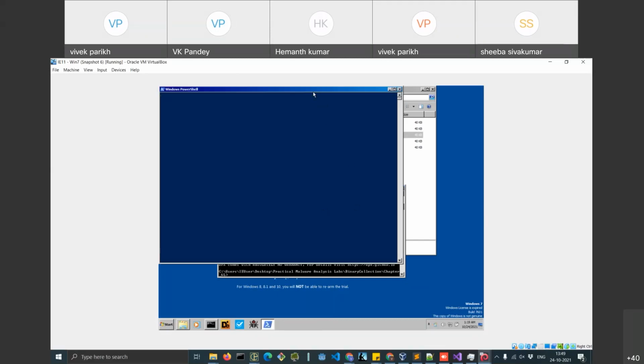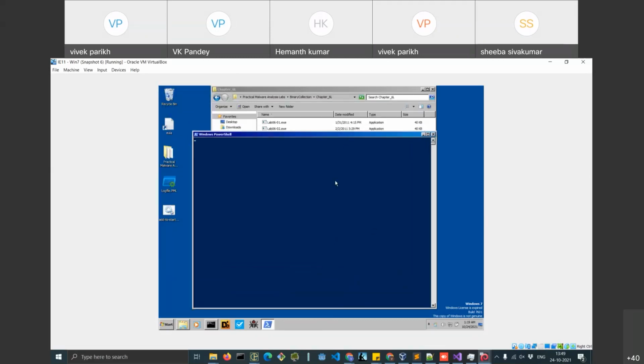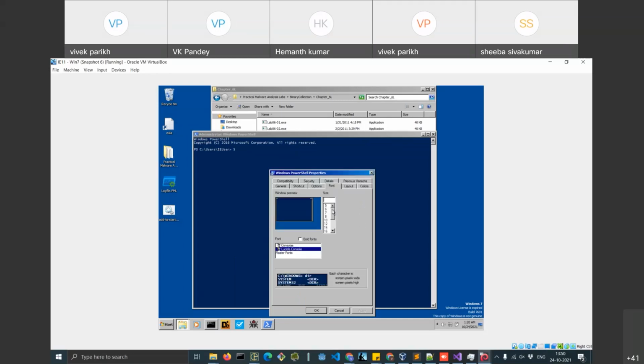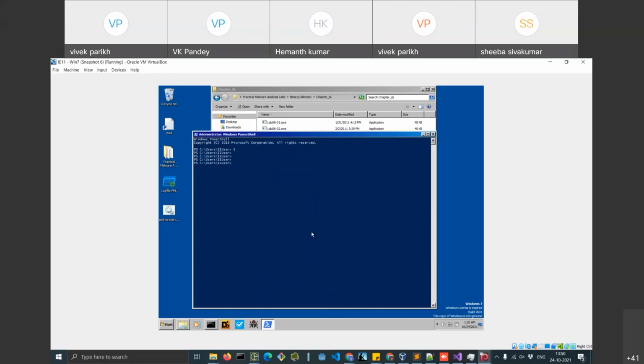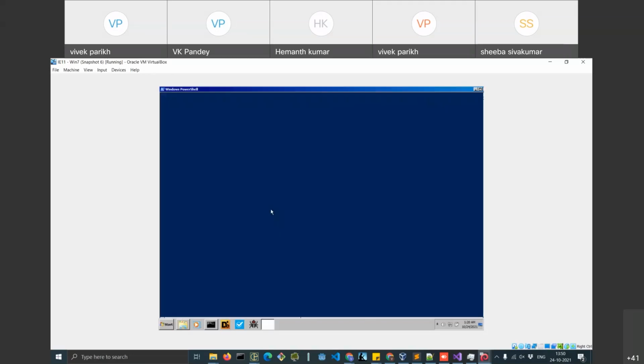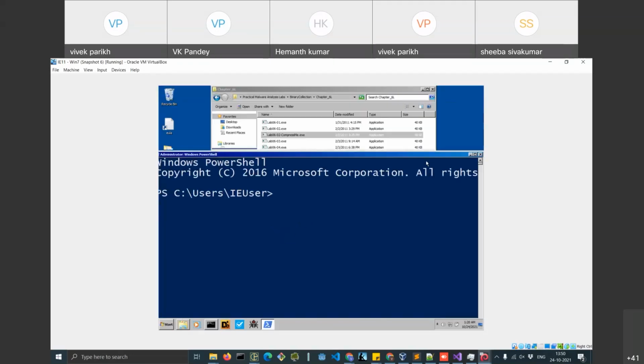Let me see if I can use PowerShell to execute UPX. Okay, I guess this is better now.